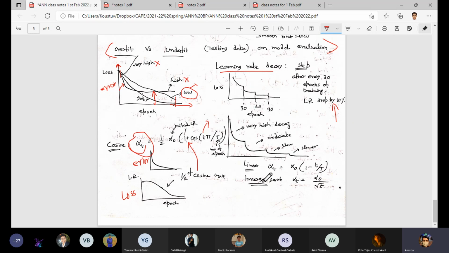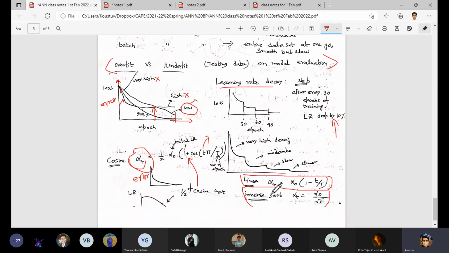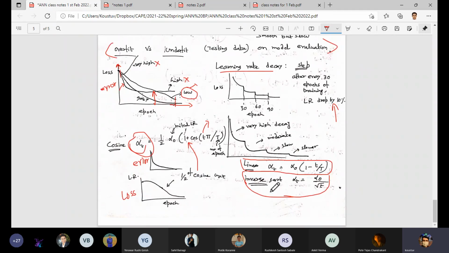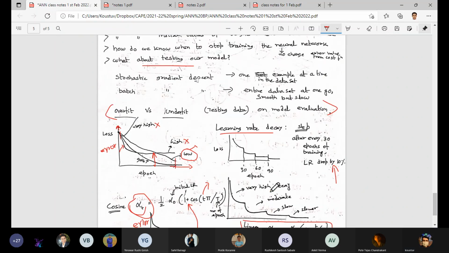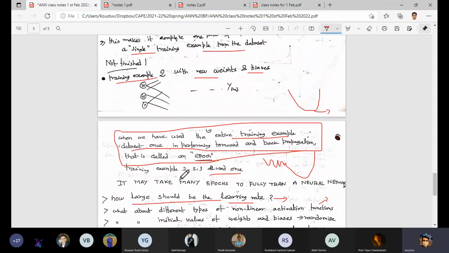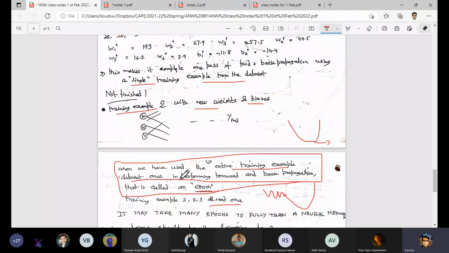Another learning rate schedule could be linear. Of course, there could be a linear learning rate as well. There can be inverse square root. So each of them has a different form. Based on that, you have to see which one is suitable for your data set. This is how the learning rate should be chosen, so that the loss function after a certain number of epoch calculations comes to zero. Otherwise, one cannot do an infinite number of epoch calculations, or wait so long to get your model ready. So that is how it is influencing the calculations and model performance.